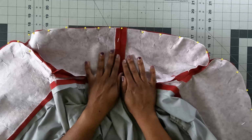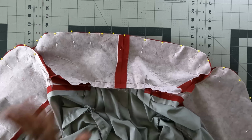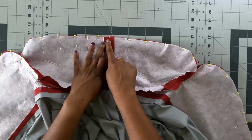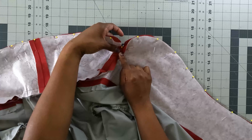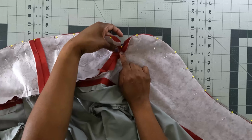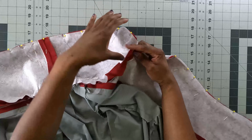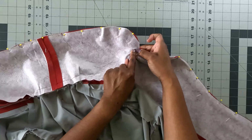All right, so I went ahead and pinned all the way around my jacket. Now I want to mention how I'm going to sew this together. I'm going to start at the center back seam, sew all the way to this dot right here and backstitch, break my threads. Now you're not going to sew with it open. You're going to have your seam down and sew all the way to this dot and stop at this